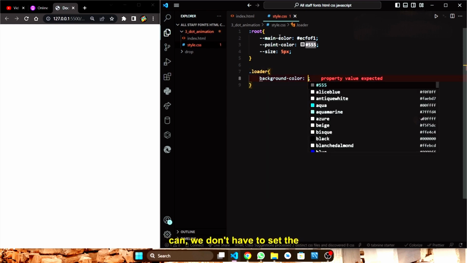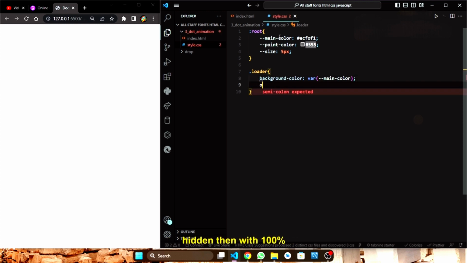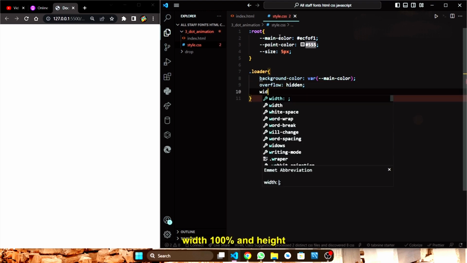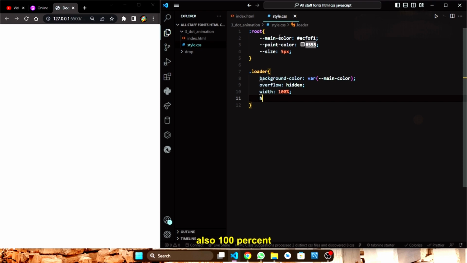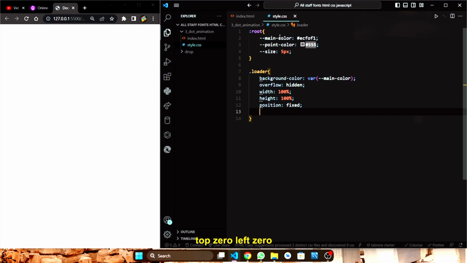And here we don't have to set the color, we can define it with main color. That's also the same color we set first, and then overflow hidden, then width 100% and height also 100%, and then position fixed, top 0, left 0,